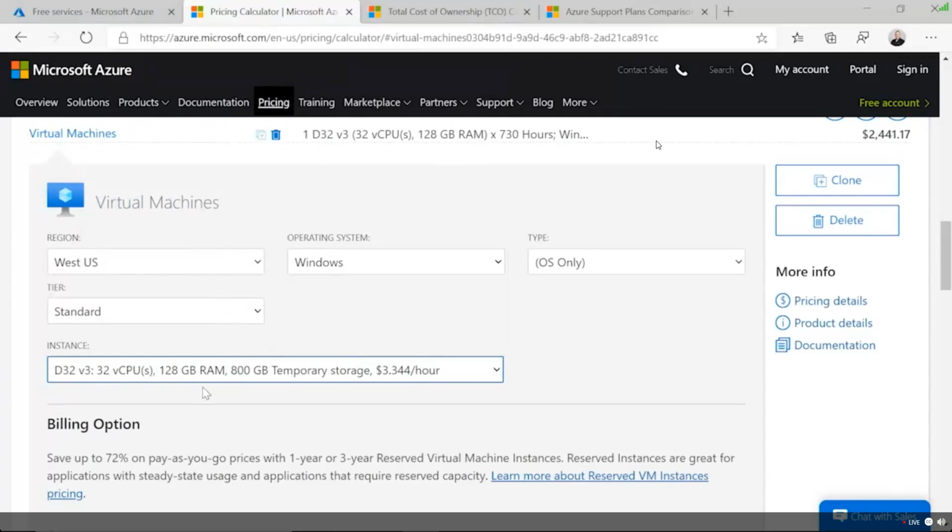Now, folks, you're looking at that number. I know what you're thinking. Wait a second. $2,000 a month? Are you nuts, Matt? Remember, total cost matters here. This is just for the hardware. And if you're just thinking that, then yeah, Azure may be more expensive than what you're used to seeing. But bear in mind, you have to look at the total cost. How much would it cost if you were to have the total power, heating, cooling, the IT management for that system on-prem? You have to look at the total cost of ownership, and I'll show you, we have a calculator to help you figure that as well.